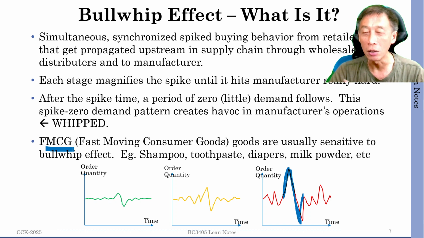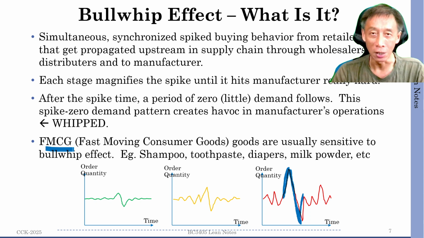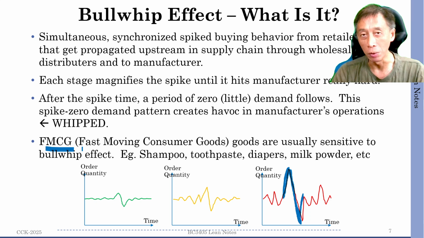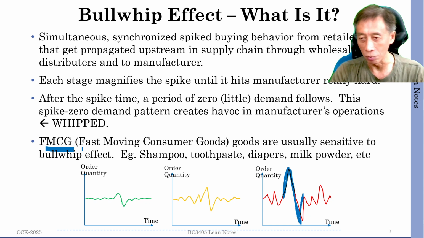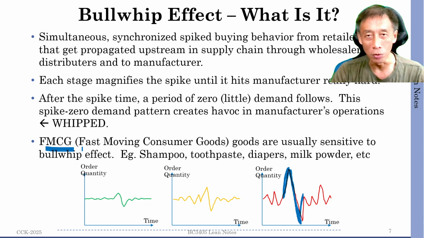But then it cannot be due to hoarding of watches, because the watches themselves will take a lot of cash, right? So it will suck up a lot of opportunity. So that goes with most luxury goods. Okay, the likes of Lamborghini, Ferrari, will they be whipped? Unlikely again, right? For similar reasons. Yeah. So those lower priced, mass usage goods simply translate to fast moving consumer goods. That kind of goods tend to attract the bullwhip phenomenon.